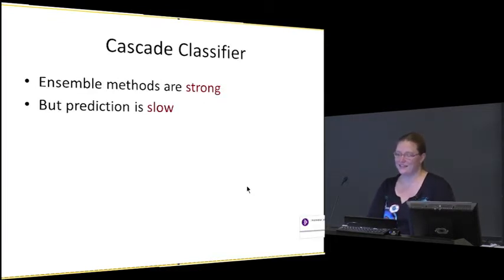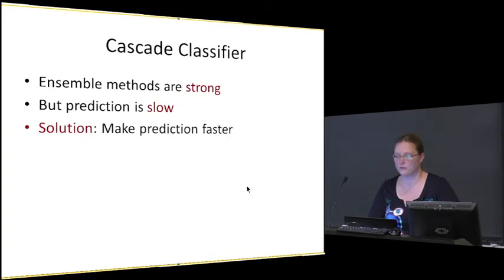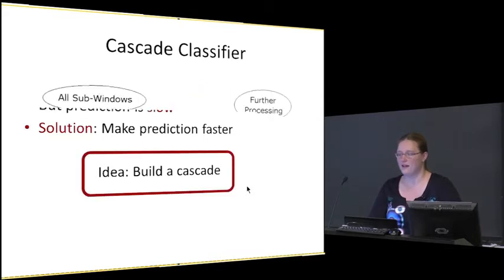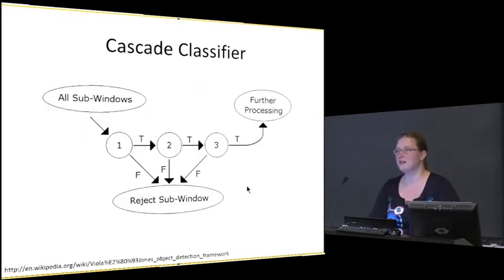So, this cascade classifier is in here because I believe it's still the one used on your mobile phones. The ensemble methods are strong, but the prediction can be slow, right? Because you need like 300, 400 trees. If you have something like a mobile phone or camera and want to do face detection, that most probably is too slow. So the solution is we want to make the prediction very fast. And the idea is to build a cascade classifier. And this was the first face detection classifier that actually made it into the real world, into commercial products,